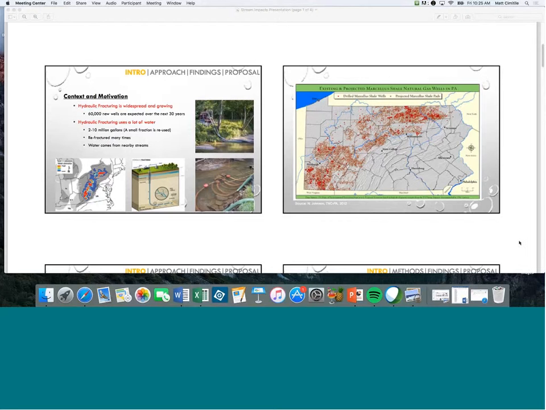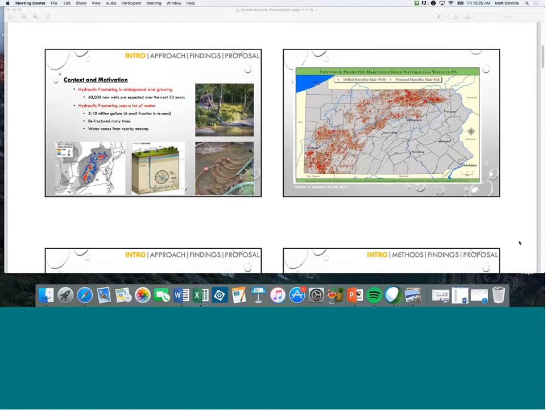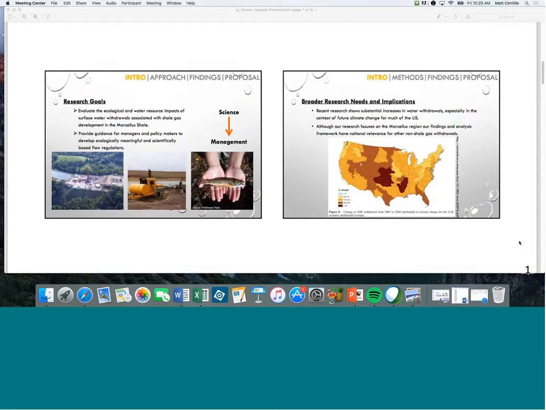Yep. So our goals were to look and see what the potential ecological impacts from this activity were. This is a basic research question, and then can we translate that information into management guidelines that would allow this potentially necessary activity to go forward while minimizing the impact. So if we go to the 6th slide here,